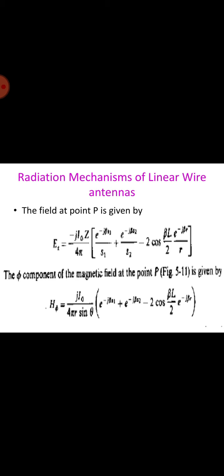If P lies on the y-axis, that is theta is equal to 90, and the dipole is lambda by 2 long, the equation may become Z is equal to I naught into Z 2 pi by lambda into 1 by square root of (1 by 16 plus r by lambda squared), at an angle of minus 360 into square root of (1 by 16 plus r by lambda squared) minus 90 degrees.